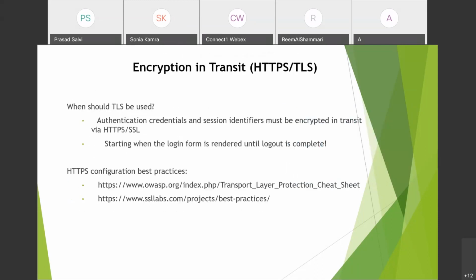Encryption in transit, very important. Now, when should TLS be used? From login to logout, everything should be on SSL. Now, there can be instances where my help page is on HTTP, and once the user clicks on the help hyperlink, I'm redirecting them to another website where I have all the help pages listed. That would be HTTP. In that case, it is very important that I use a security header called HSTS, or